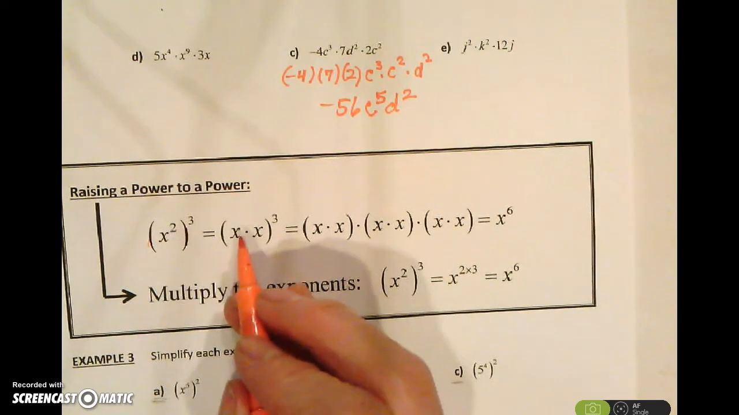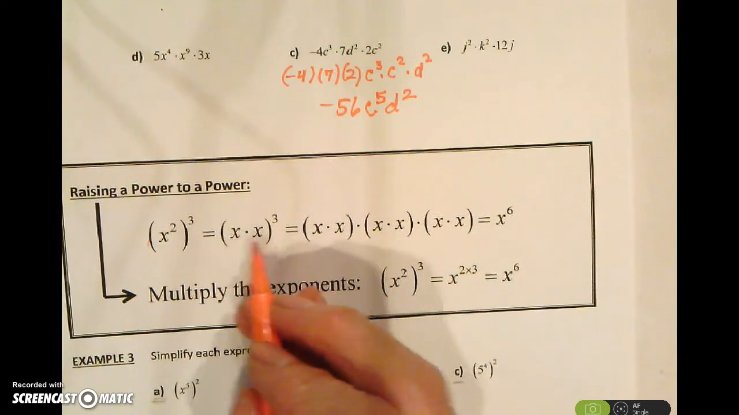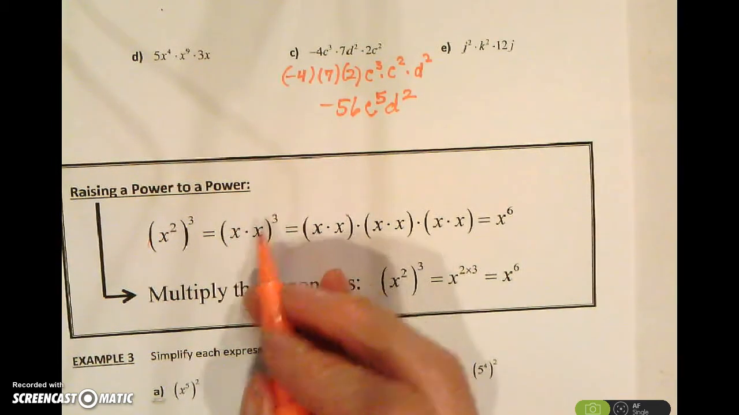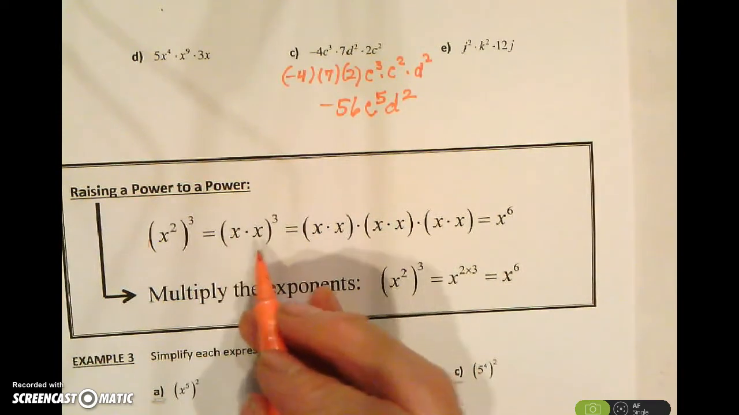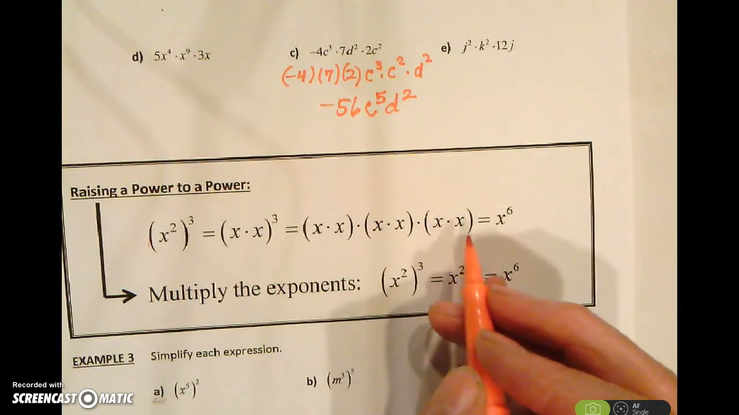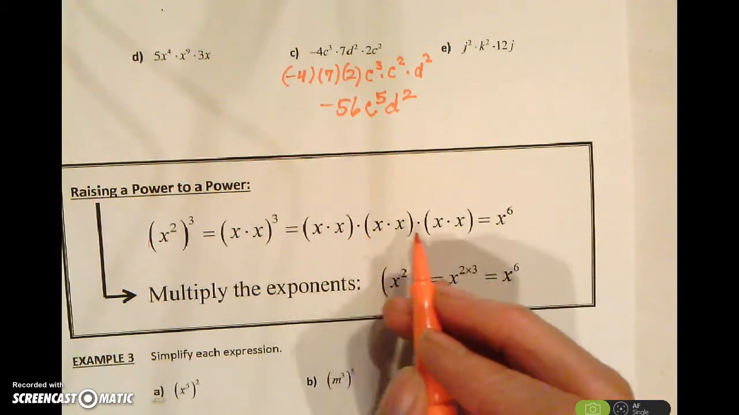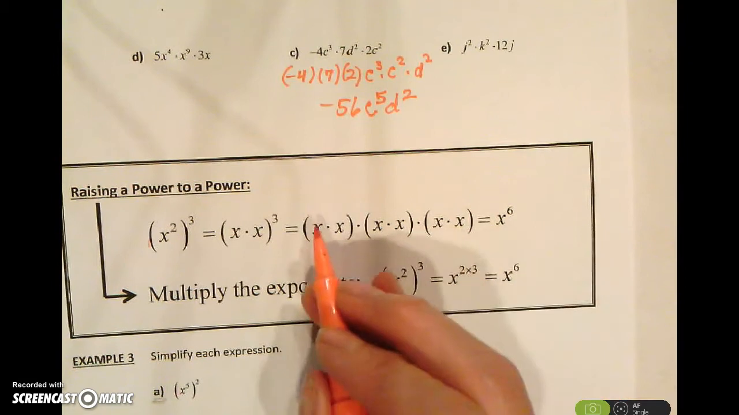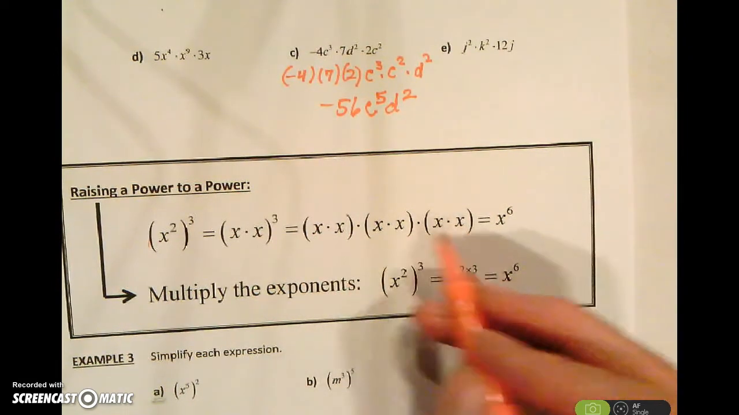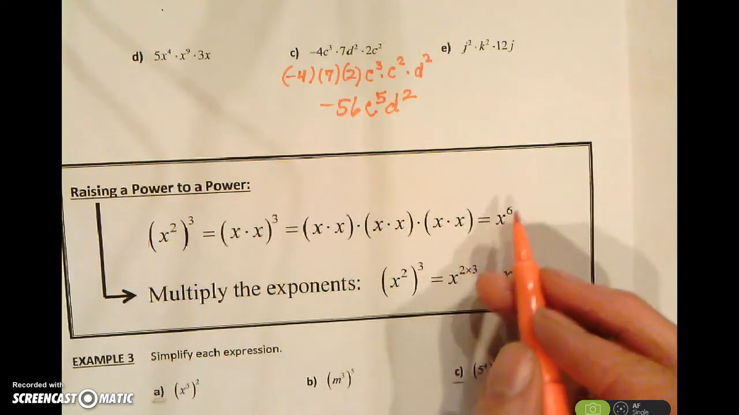X to the second is x times x. Now on this one, we have a base of 3, and that's our parentheses. We have an exponent of 3, and the parentheses is our base. So we're going to take the base times itself 3 times. And then when you look at it, you got a string of multiplication. So I have 1, 2, 3, 4, 5, 6 of that base of x multiplied, so that's x to the